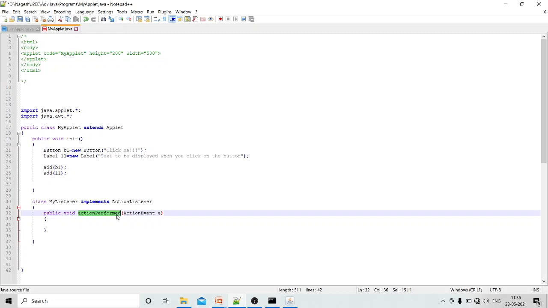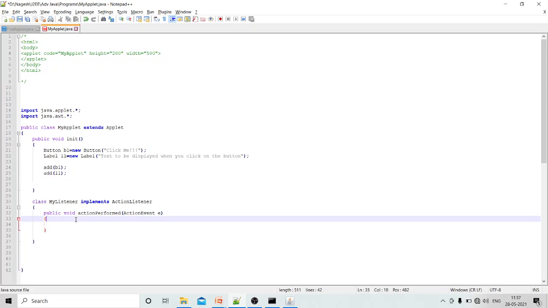If I click on the button, an action event is generated, and automatically this method actionPerformed is called. The ActionEvent object e is sent to this method when it is called, and this object contains all the necessary information to identify the source which has generated this action event. Okay, so this is done.